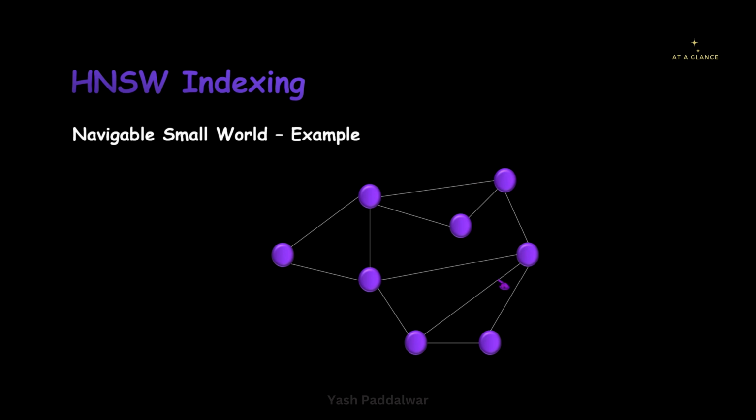Now talking about all these documents, let's have a look at how the query search works in Navigable Small World. Let's say we have this query vector. Since this query is represented in the form of a node, you can think of it as a vector. Based on this query vector, we have to find the most similar document vector from this particular Navigable Small World. So how can we do that?